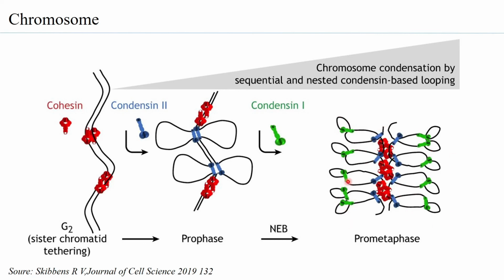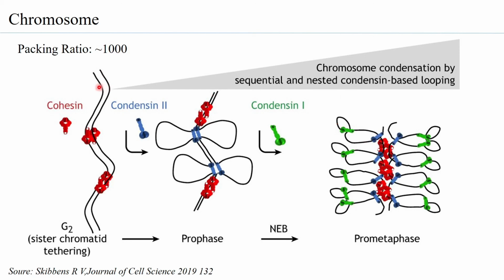So therefore, it will become more and more condensed because of the binding of condensin 2 and condensin 1. So these are certain studies that have been carried out, and this is specifically associated with when the nuclear envelope breakdown happens as the cell moves from prophase to the pro-metaphase stage. So in the pro-metaphase stage, you can see how highly condensed the DNA is. You can see it was uncondensed, and then it becomes a condensed form. The packing ratio of the chromosome is about 1,000.